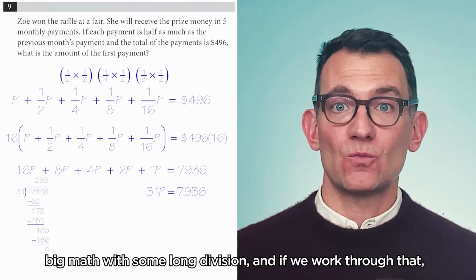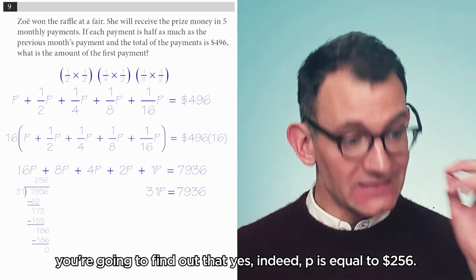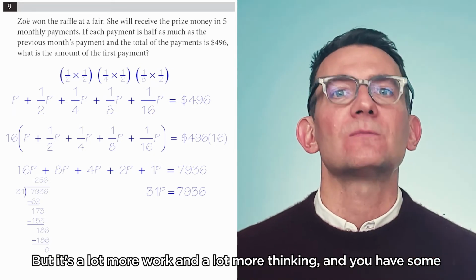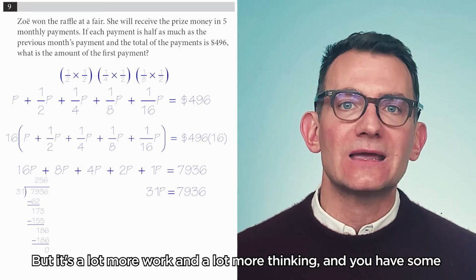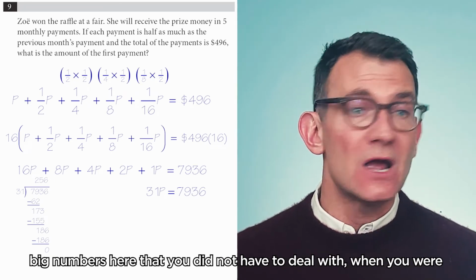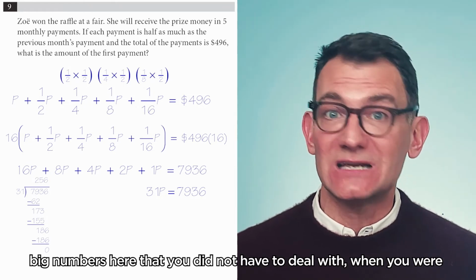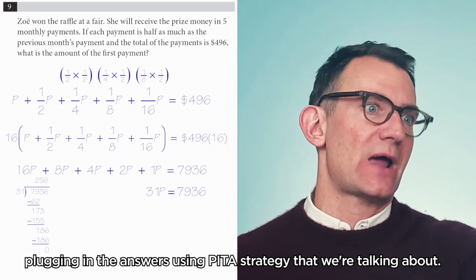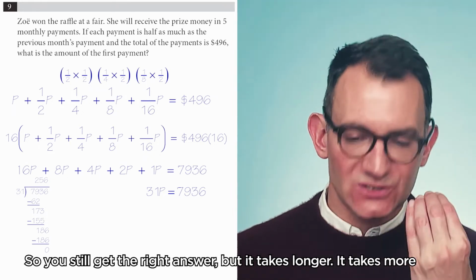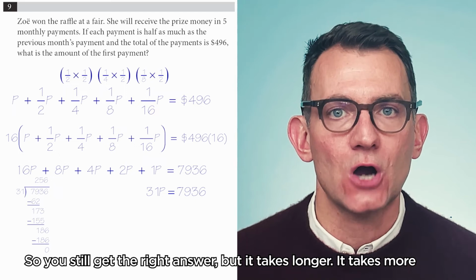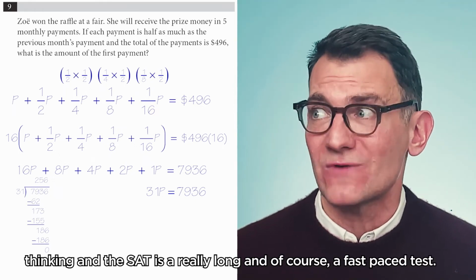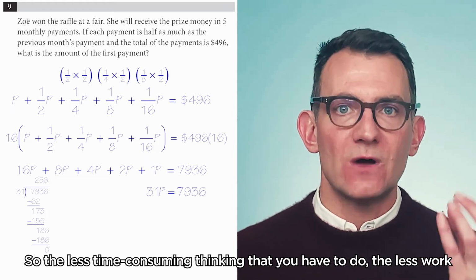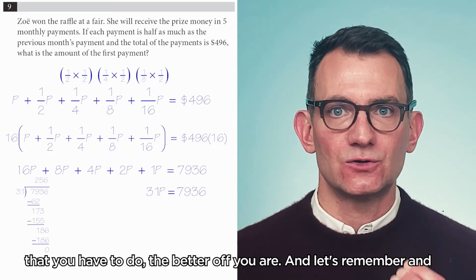And if we work through that, you're going to find out that yes, indeed, p is equal to $256. But it's a lot more work and a lot more thinking. And you have some big numbers here that you did not have to deal with when you were plugging in the answers using the PITA strategy that we're talking about. So you still get the right answer, but it takes longer. It takes more thinking. And the SAT is a really long and, of course, a fast-paced test. So the less time-consuming thinking that you have to do, the less work that you have to do, the better